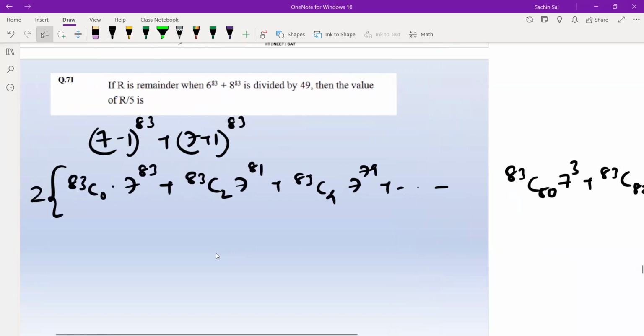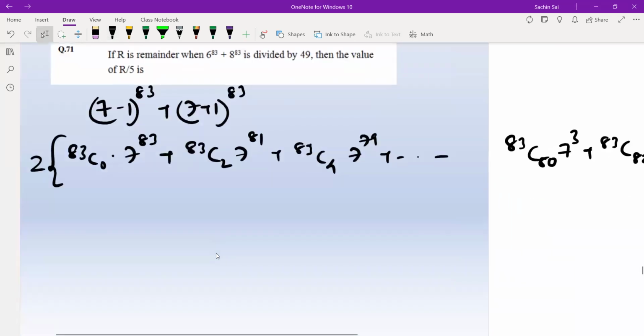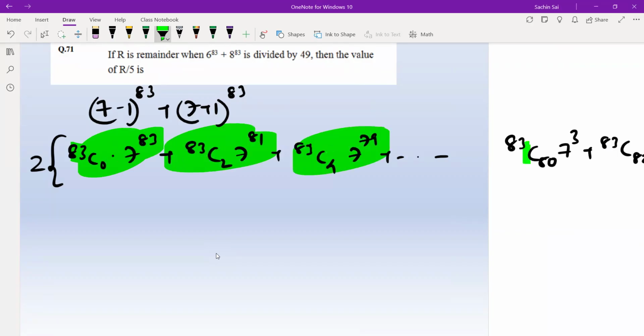Now this must be divided by 49. But what do you observe? You observe that out of all these terms, everything except the last term is divisible by 49, because 7 power 83 is divisible by 7 square, and 7 power 81 is divisible by 7 square. So all you need to do is calculate R, the remainder